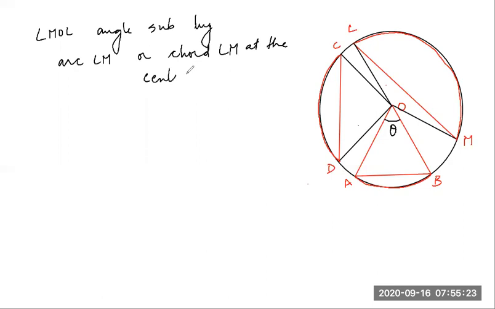So from this, we have just learned one thing, that bigger is the arc, bigger is the angle, or bigger is the chord, bigger is the angle. Smaller is the chord, AB is a very small chord as compared to LM, so the angle subtended at the center is also the least. All right. Having done this, let's prove a few theorems.